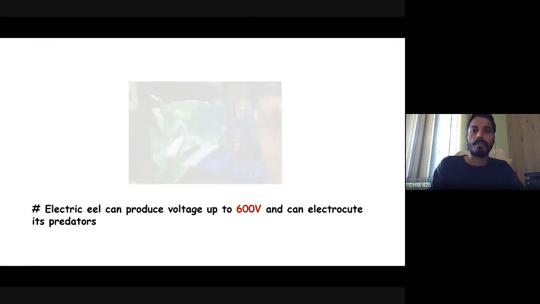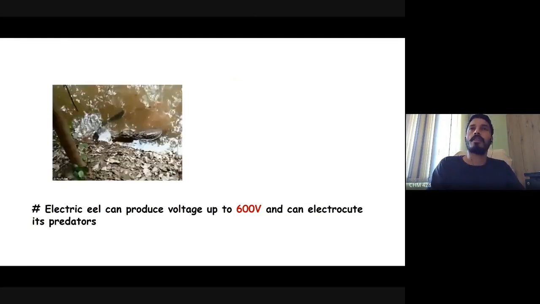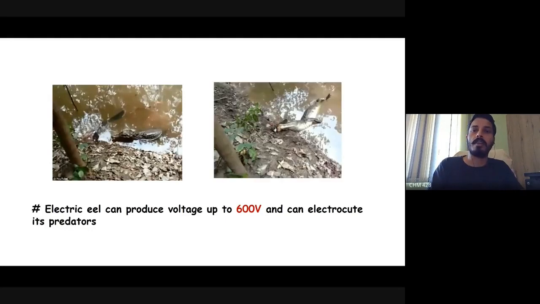And this is an encounter between a giant alligator, a crocodile, and a small electric eel in the wild. It was captured by the Discovery Channel. The alligator was trying to eat the electric eel, and the consequence can be seen here. The alligator has gone into the heaven. So whenever you play with an electric eel, you have to be very, very careful. He may be small, but he can be very dangerous.